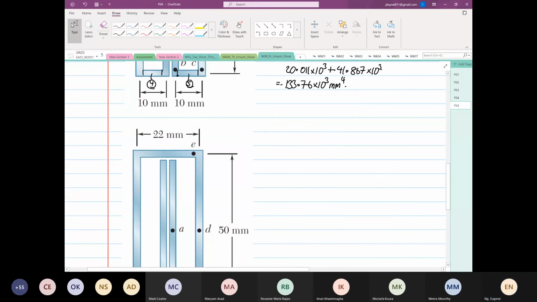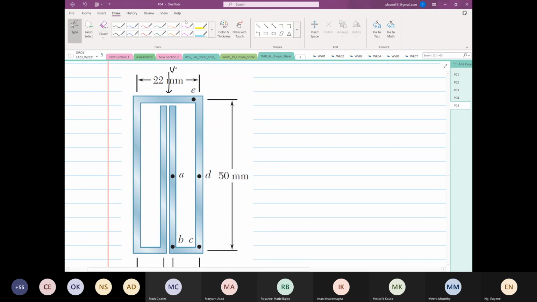Okay, so now we're going to design our shear flow. So like what I taught today, this is our V, right? And then this is our axis. Okay, so that is our